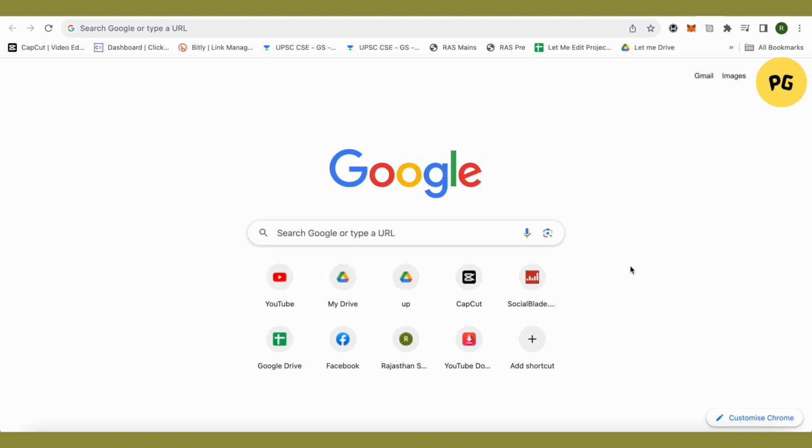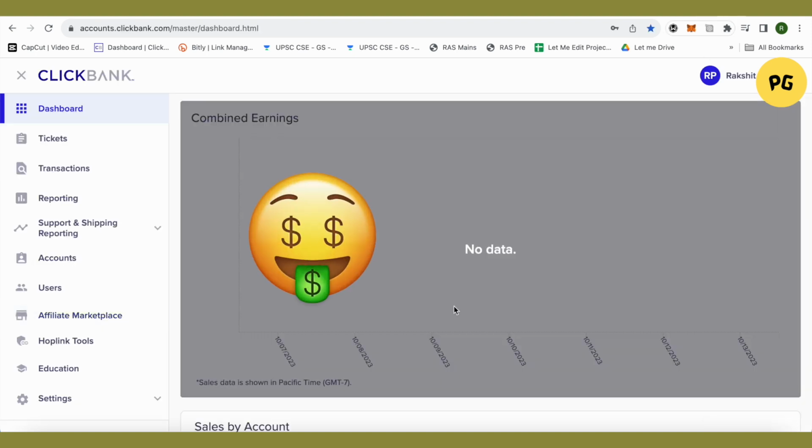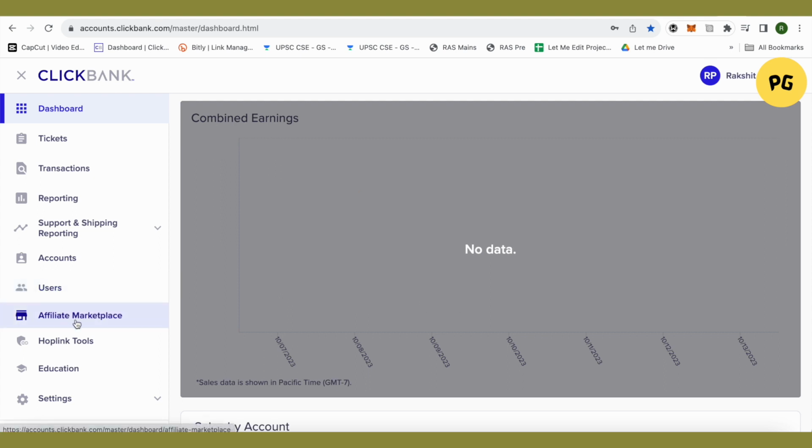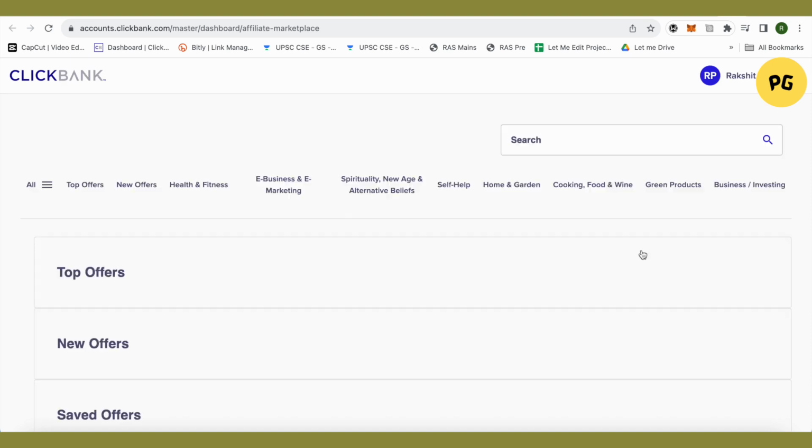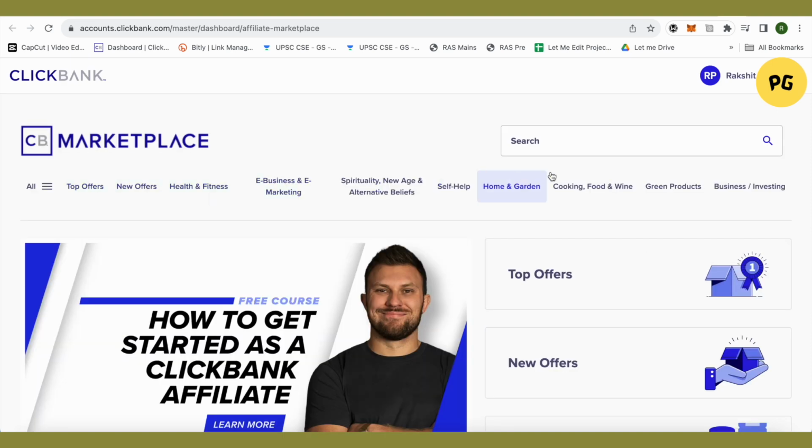So after creating your account on Clickbank, this is where it will lead you to. After that, all you have to do is just click on this option of affiliate marketplace, and over here you will be able to find different categories, and you can select any of the category as per your niche of